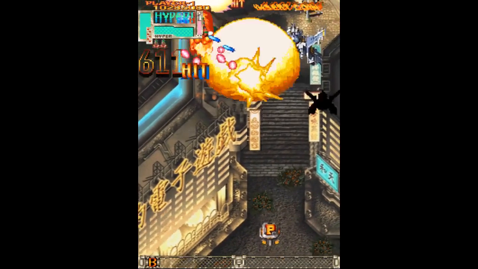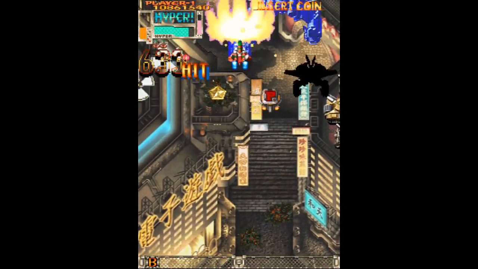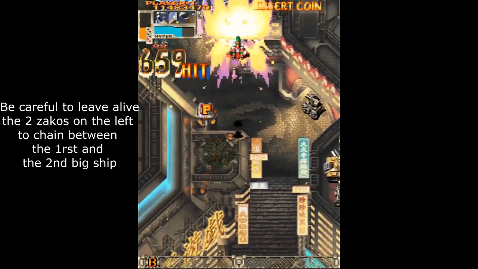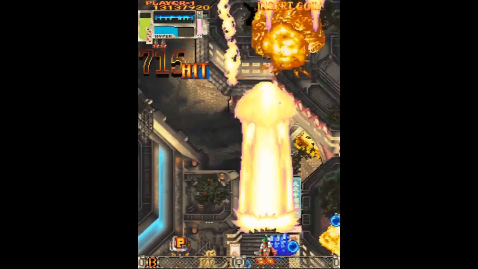your hyper. Then slide to the right with your laser. Stop on the left leg of this big ship. Then laser the right leg of this ship. When it explodes, go to the bottom right of the screen using your shot, then slide to the left on